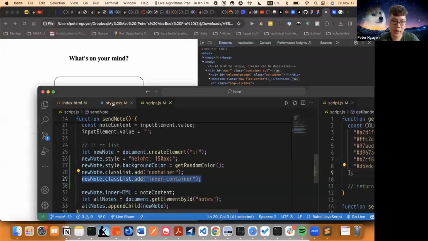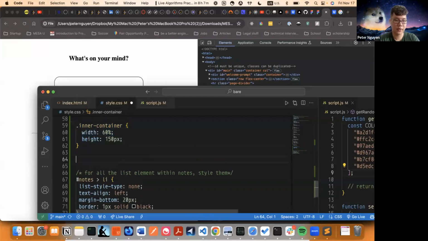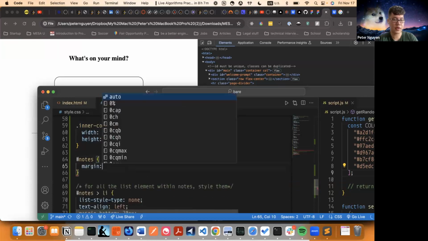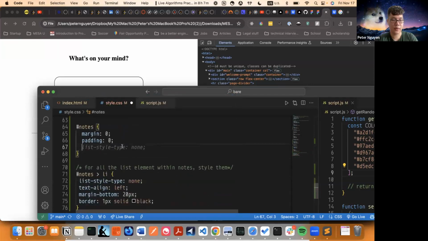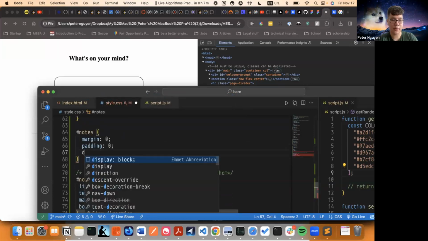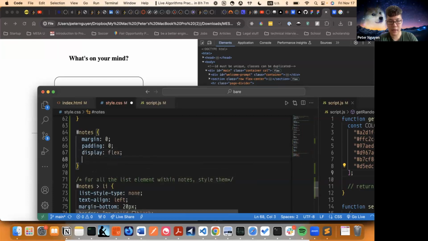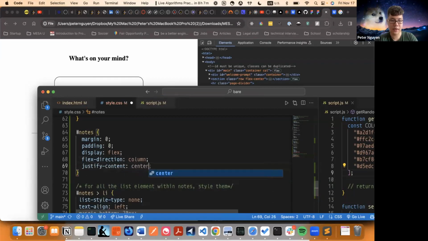So what we can do is add some styling to our notes as well. We can do something like notes, margin 0, padding 0, and then display flex, and flex direction column, and justify content will be center. So yeah,